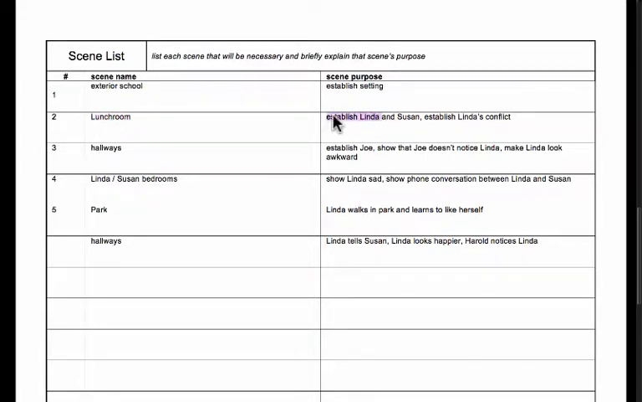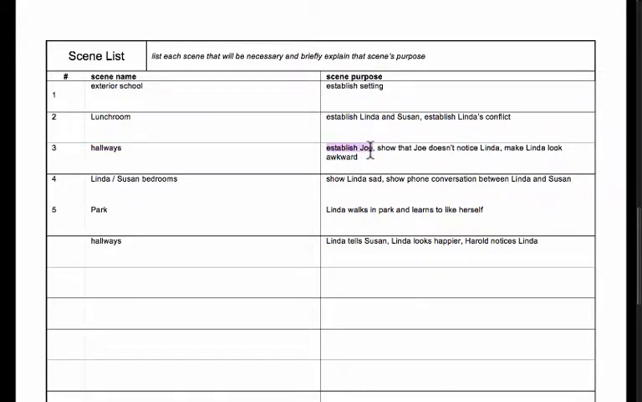and in that scene we're going to establish the character of Linda. We're also going to establish the character of Susan. They're going to be sitting next to each other having a conversation, and this is where we're going to learn about Linda's conflict. She's going to talk to Susan about this problem that she's having of trying to get Joe to notice her. The next scene is going to take place in various hallways throughout the building,